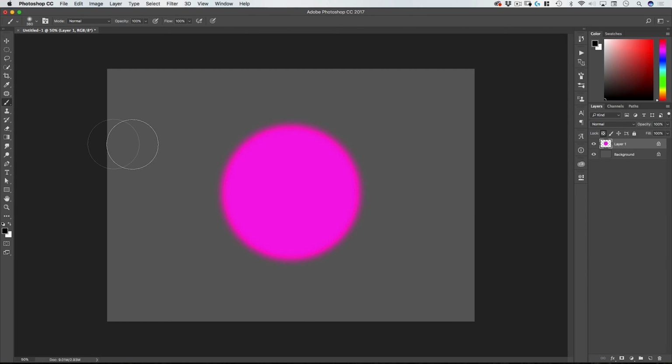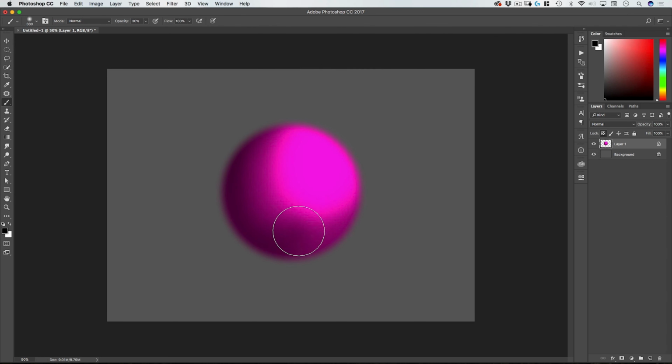We're going to shade this ball a bit. So let's take our opacity on our brush down. And we're just going to shade this ball a bit. Yeah, get a little dimension there.